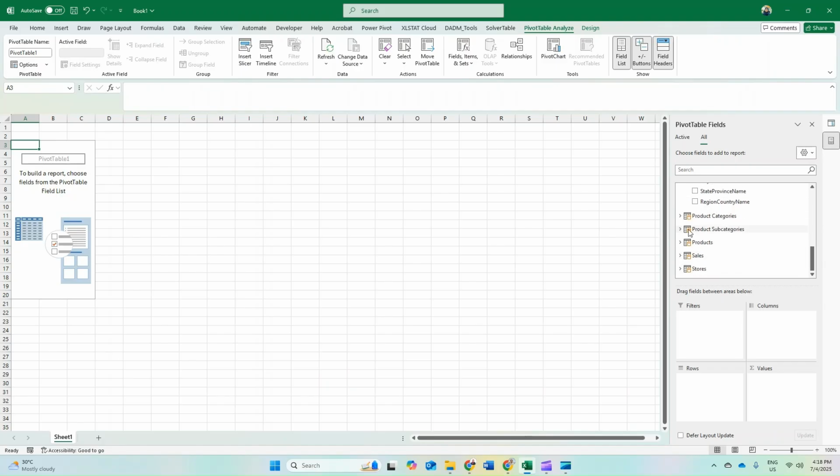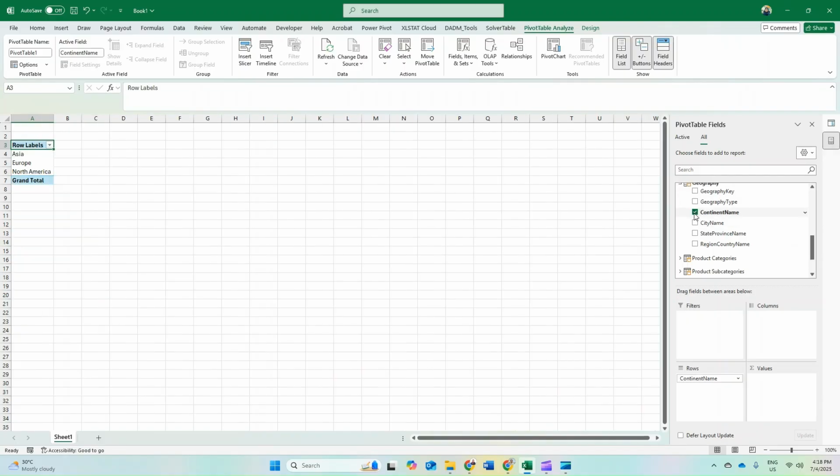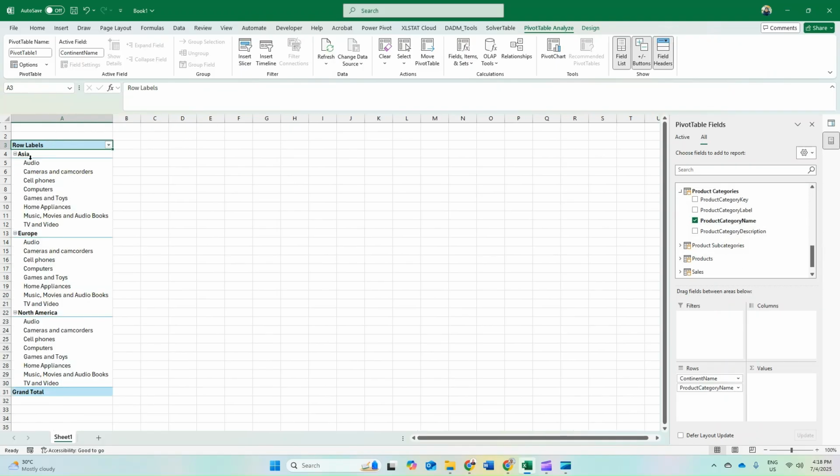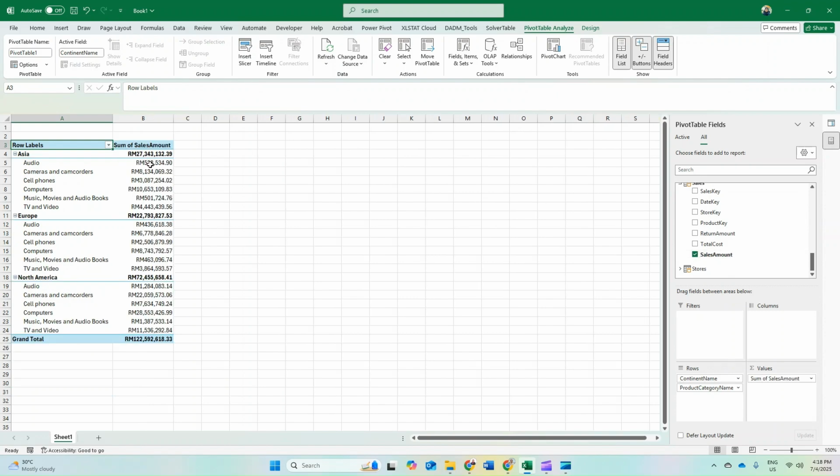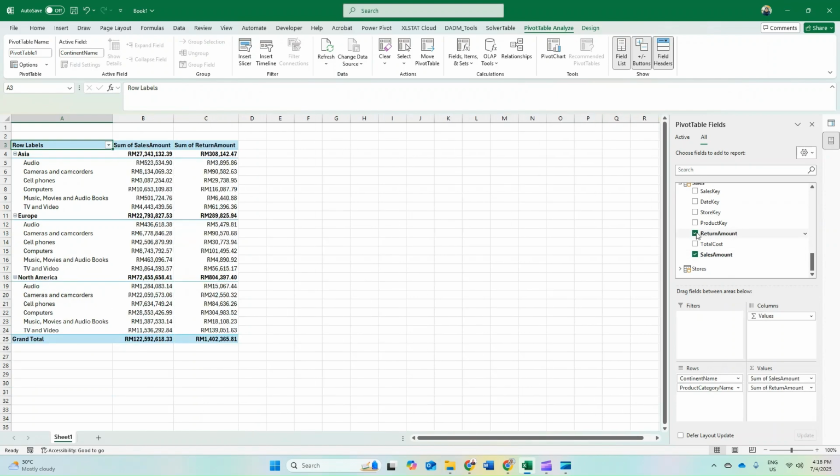So let's say you want to add continent. So this is continent, product category name, so correct category for every continent and sales amount. Sales amount, let's say you want to see the return amount.